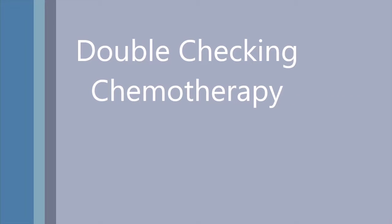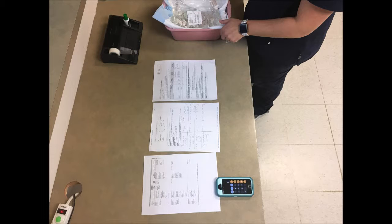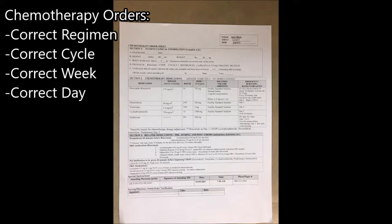Double-checking chemotherapy. All hazardous medications must be independently double-checked by 2 RNs. First, you're ensuring that the informed consent for treatment is present in their electronic health record. You also verify that the chemotherapy orders are for the correct regimen, correct cycle, correct week, and the correct day